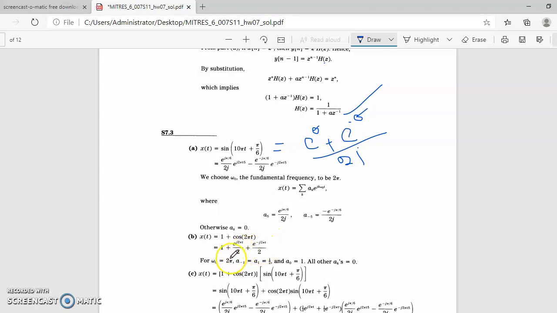So omega naught is equal to 2 pi, a minus 1 is equal to a1 equal to 1 by 2, a naught is equal to 1. For all other k values, ak is equal to 0, so in the above equations we get a minus 1 and a1 is equal to 1 by 2. So considering the summation form, the ak value will be 0, so that